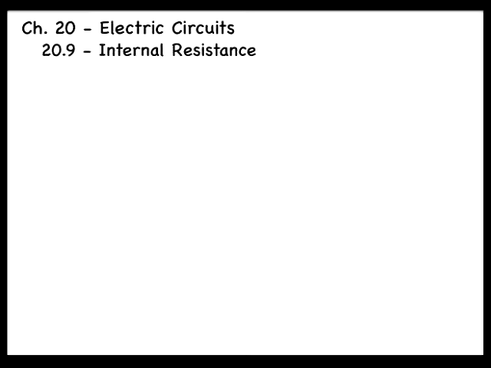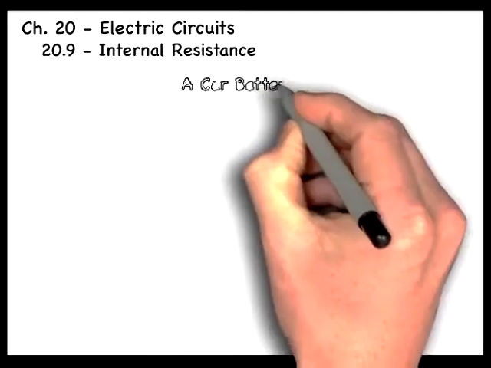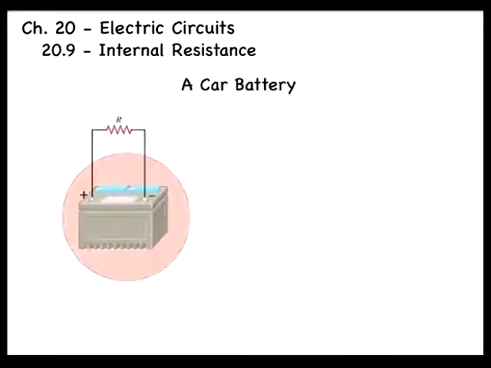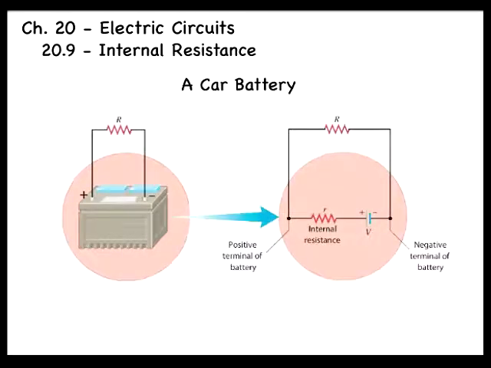In a battery, the internal resistance is due to the chemicals within the battery. In a generator, the internal resistance is the resistance of the wires or other components within the generator. Here we show a schematic representation of the internal resistance R of a battery. As seen in the schematic, when an external resistance is connected to the battery, the resistance is connected in series